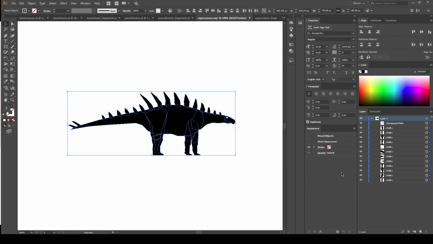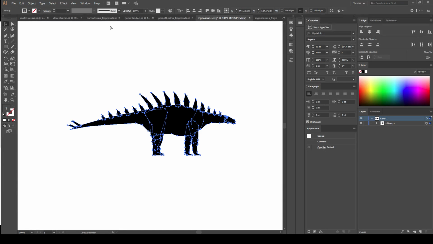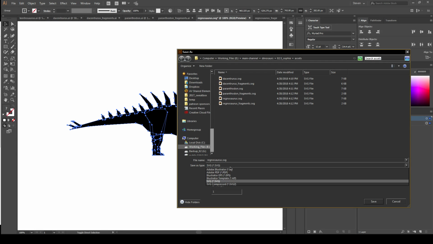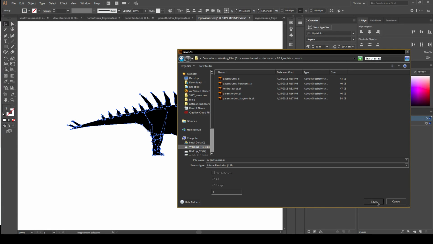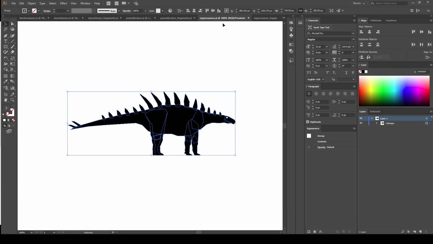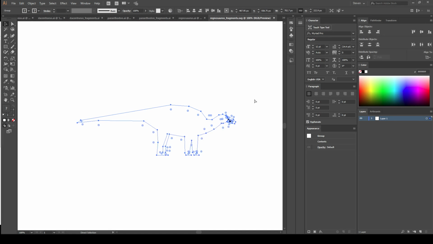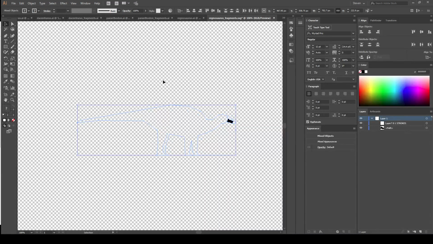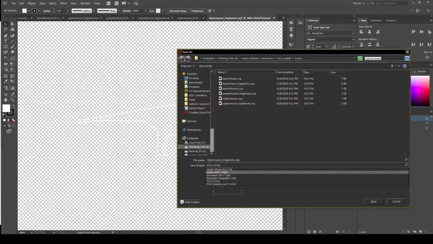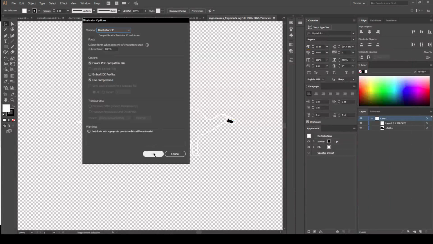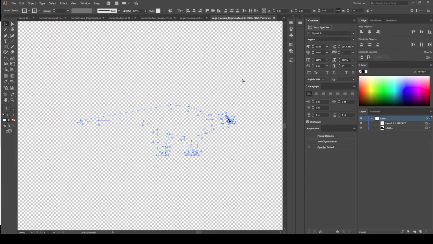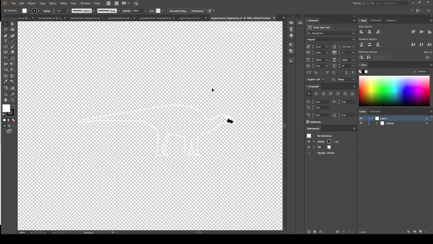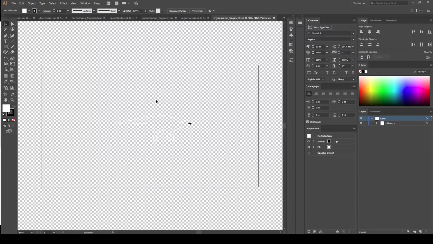Group. Group, save, Illustrator, save, okay. Save, okay. Oh, I forgot to group everything again. There we go. The reason I went through all that rigmarole is I want to bring all of these animals